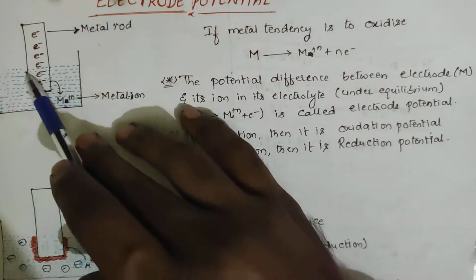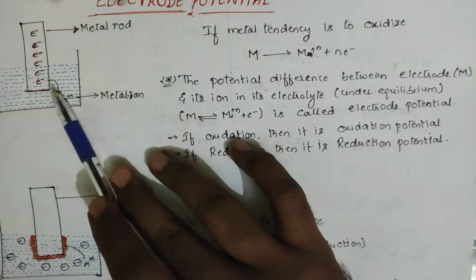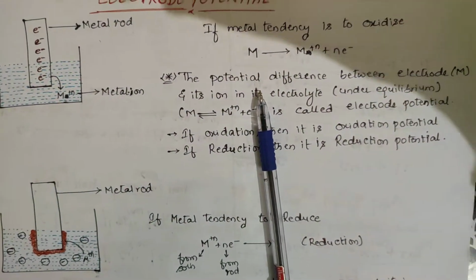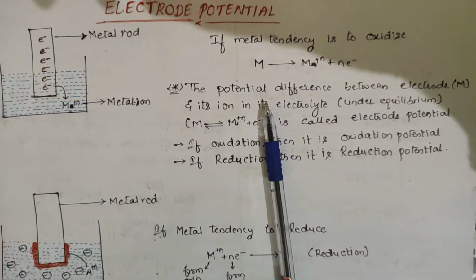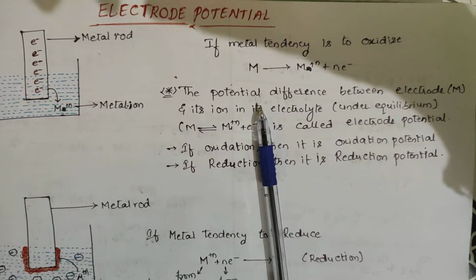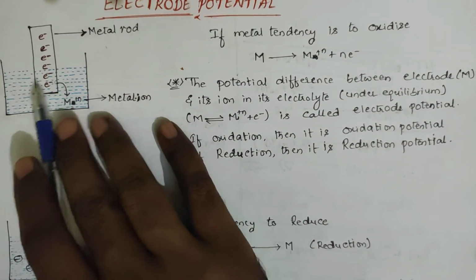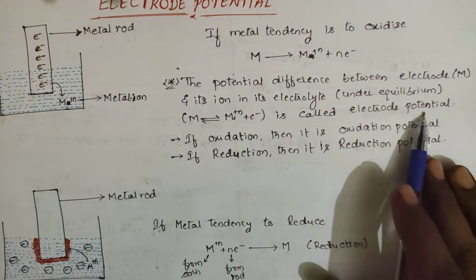If it attaches, now what happens? It will not stick generally, because it is undergoing an oxidation rate. We have assumed that it comes into this one. This place will not allow the electrons to move outside. There should be equilibrium between the rod as well as the ion in the solution. Then there exists some potential difference between the solution as well as the electrode. That potential is called the electrode potential.